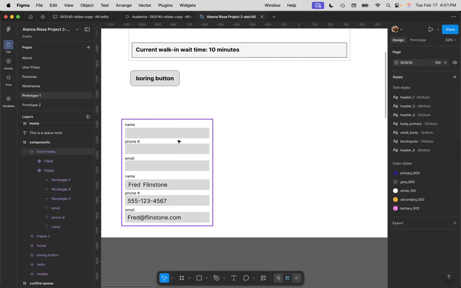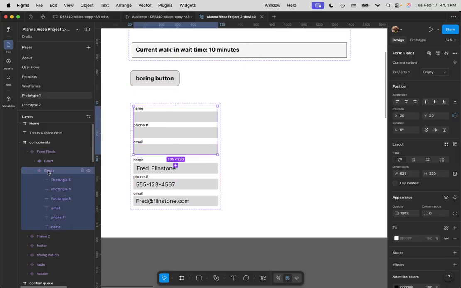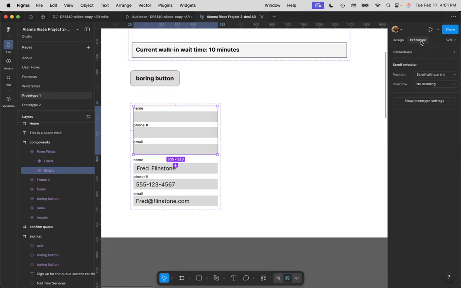Okay. And now we have two components, group and group. And basically, we're going to wire them together. So you can go to prototype, and we're going to wire the main component, not the copy of it. We haven't even made a copy yet. So I should have made more room between these, but I'm going to say if you click on this, go